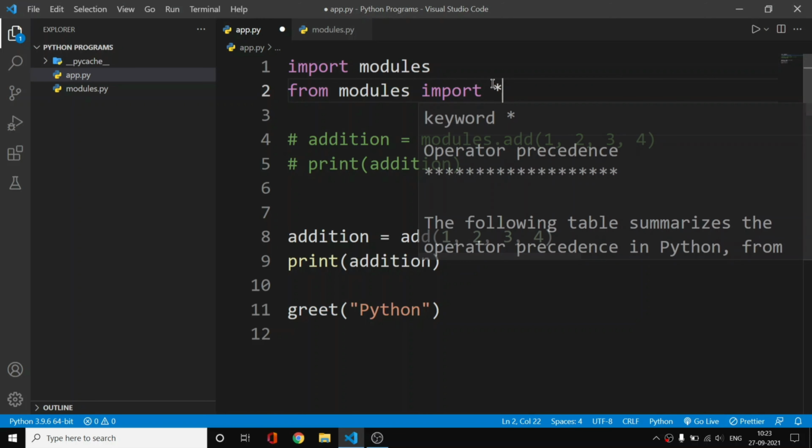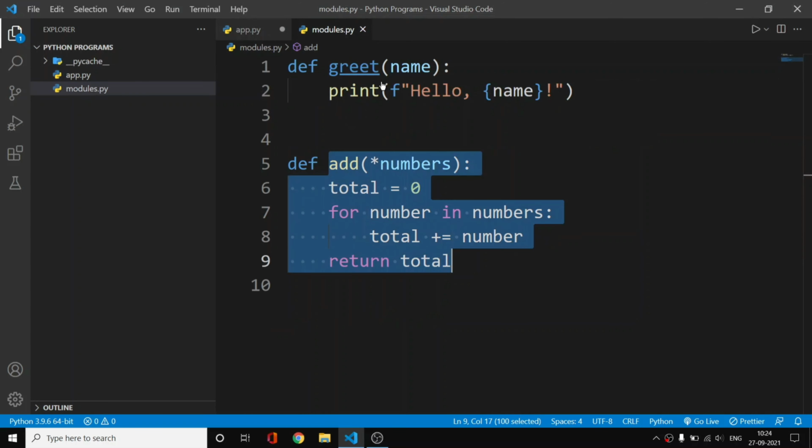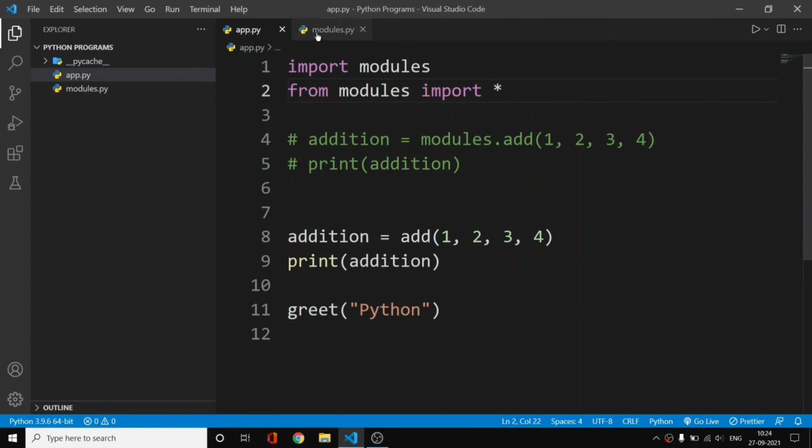Okay, this symbol is printed on your keyboard on the 8th key, above the line of QWERT. So using this syntax, we are importing all those functions from modules, and all those variables as well. You can also import variables.